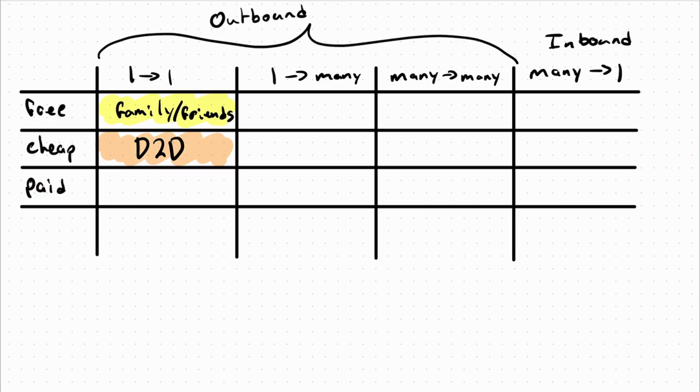Now, as for the paid, you're literally just doing the cheap part on a bigger scale. So instead of talking to your family and friends, you're talking to everybody else, like neighborhoods. You're going to neighborhoods and you're knocking on their doors. And the paid part is the next level after that. It's hiring somebody in order to do what you were doing. And that's a canvassing team. Usually companies don't do that until they're at around 2.5 to 5 million a year. But it is super, super profitable alone, let alone combined with everything else that I'm about to tell you guys.